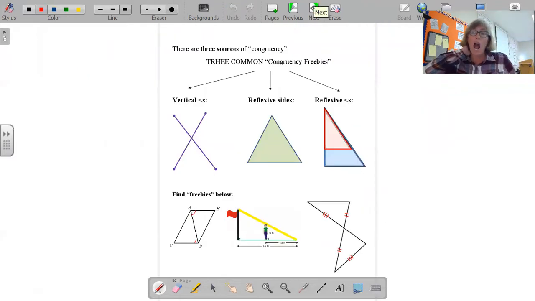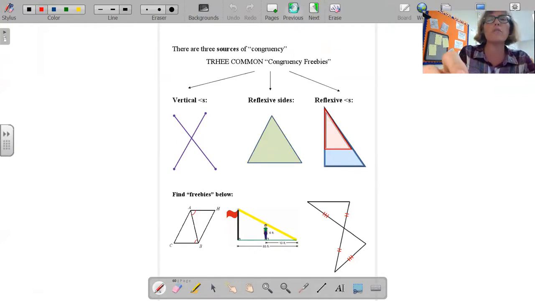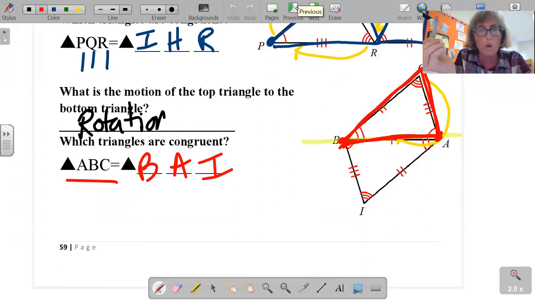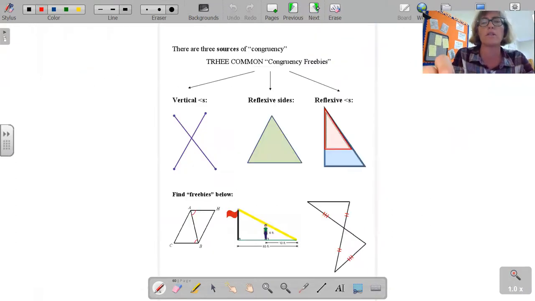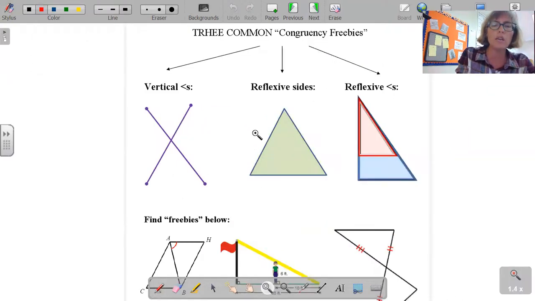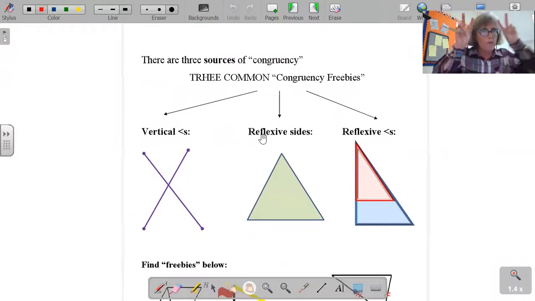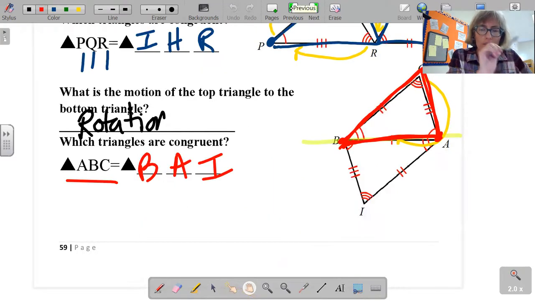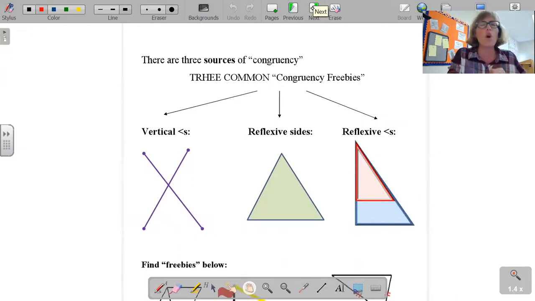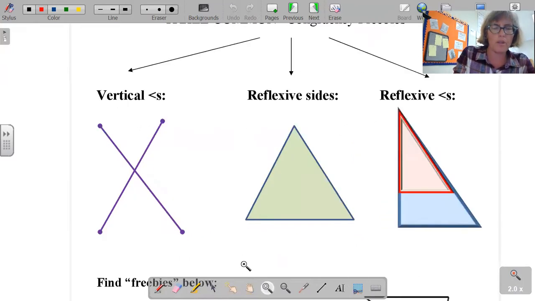Now the question comes in, how do you know things are congruent? To begin with, everything we've done so far, things have been marked for you congruent. Are there any other ways things can be congruent? There's actually three sources of congruency, what are commonly called freebies. That's a technical term invented by Miss Way, which means things that are always congruent but not marked, versus here they're marked. Things that are always congruent but they're not marked. So you have to spot them and mark them. And they are